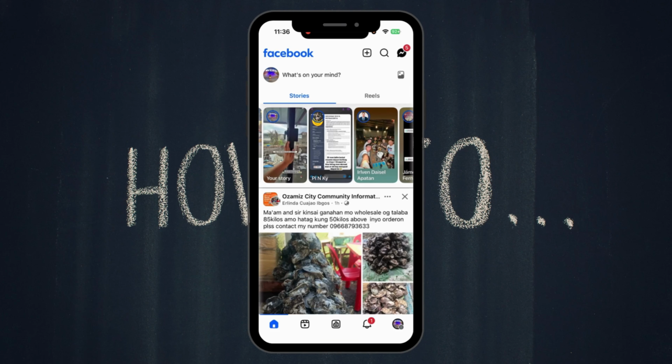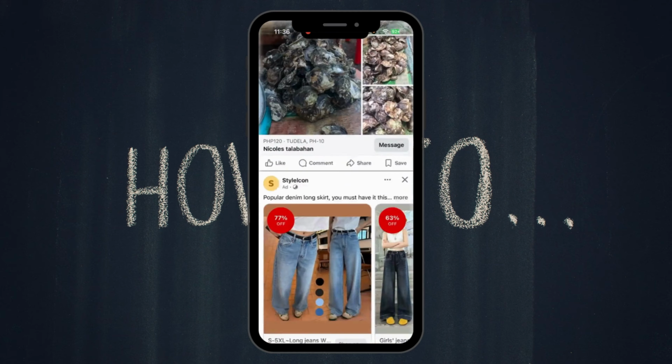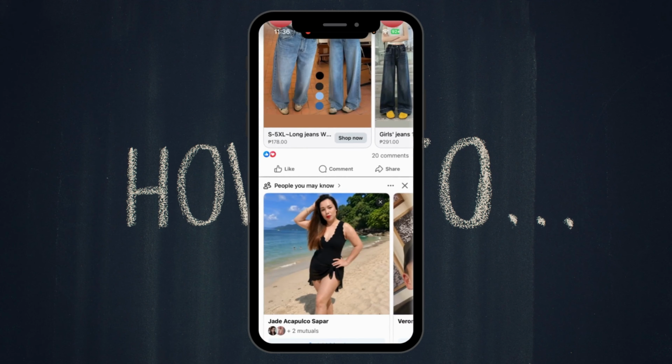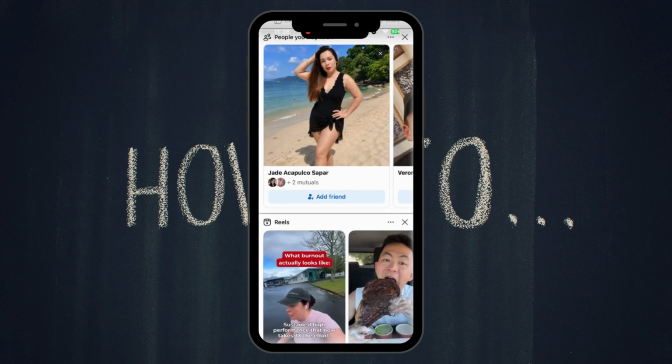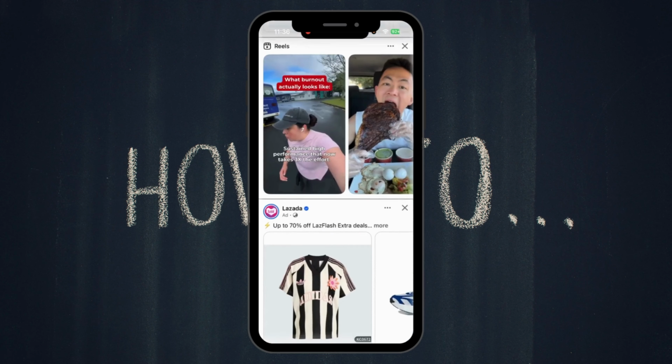Hey guys, I'm going to show you how to turn off personalized ads on Facebook. If you're seeing ads on Facebook that seem tailored to your interests, you can limit ad personalization through your Facebook